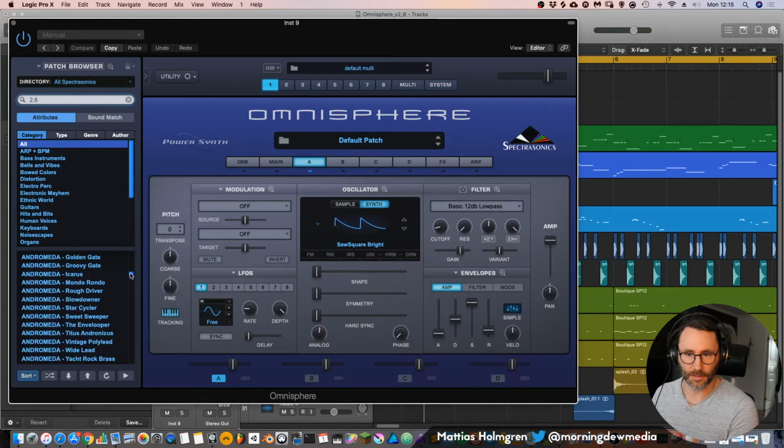And if we scroll down the list here, we can see we have the Andromeda patches, the D50 patches. But as you can see, it's not by all means all the patches that you have in those synthesizers, but rather a selection of the samples and a selection of some of the patches.